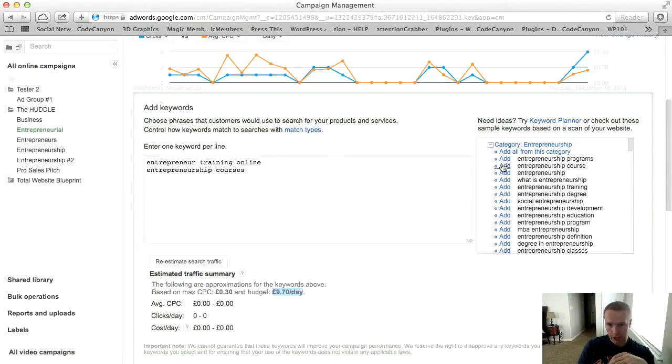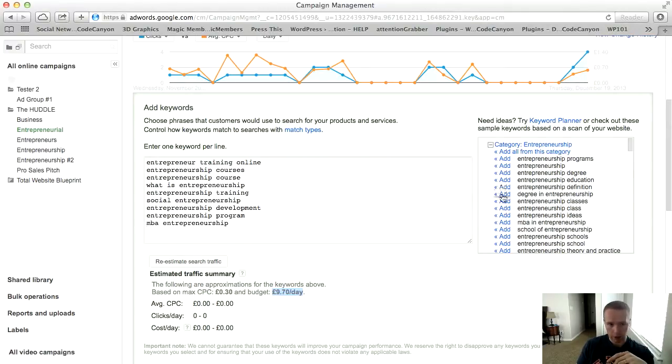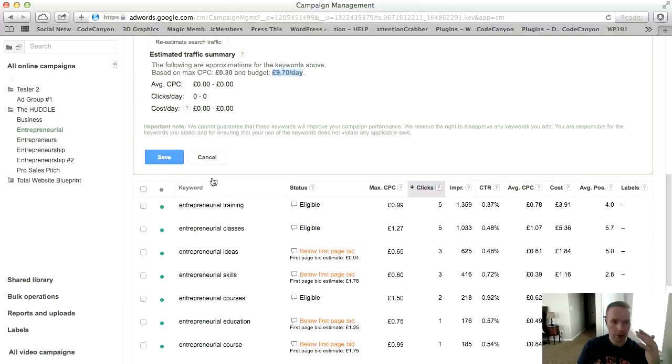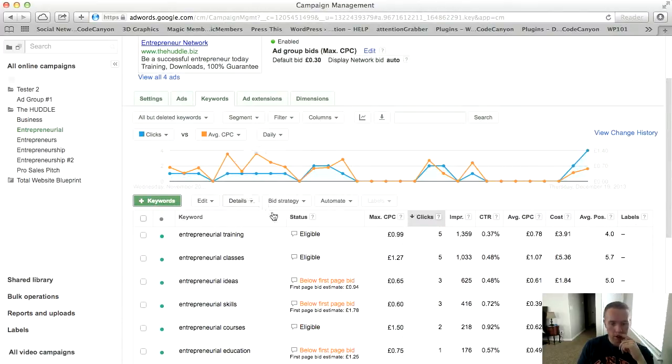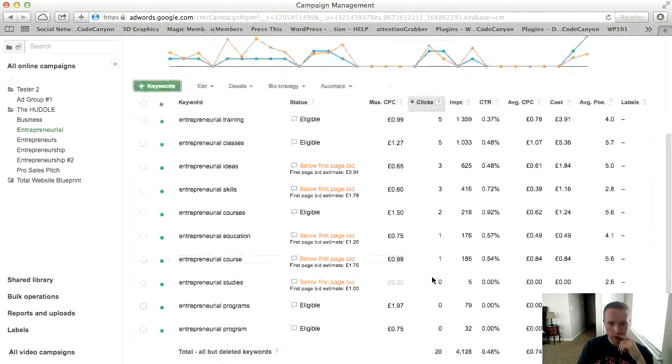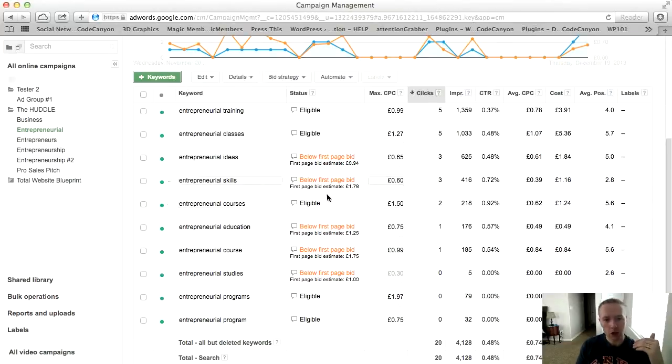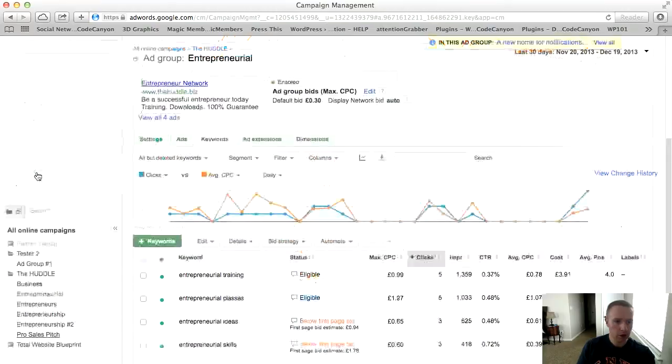And then we can go over to the side and just click all the different keywords that we want to be added, like that. Okay, and once you're done, you just click save. I'm not going to, because those are just quick-fire ones. Once you have created these keywords, it will either come up saying eligible, or